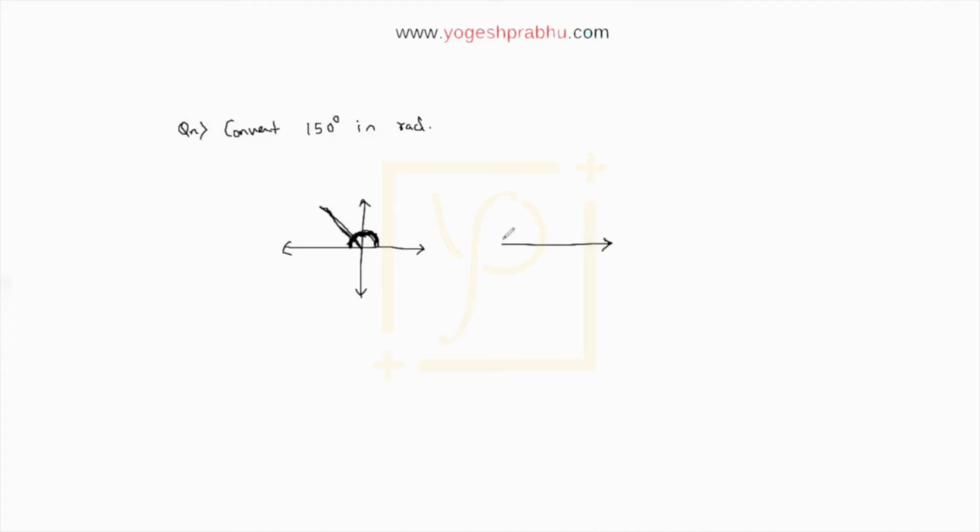So the 150 degree angle is this angle. This is 150 degrees. And then this small angle on the other side is going to be 30 degrees, and in total it is 180 degrees. You're all aware of this. This is just for your information. Now, the question we are asked is to convert this 150 degrees into radians. Now, let us see how we can do that.